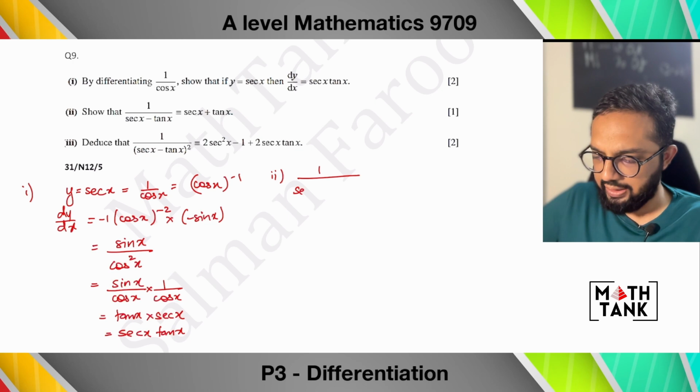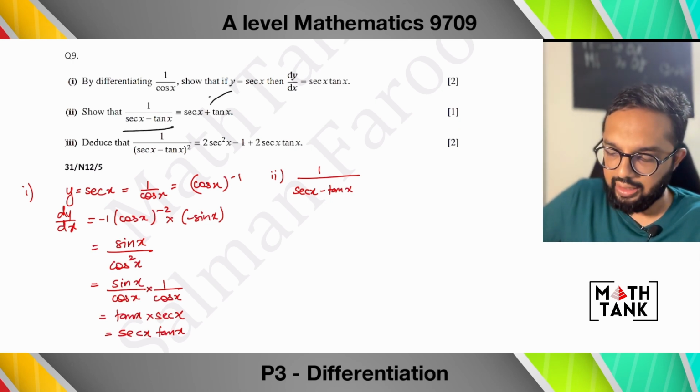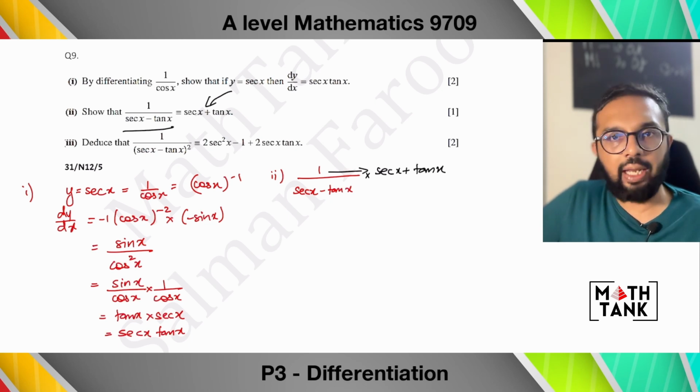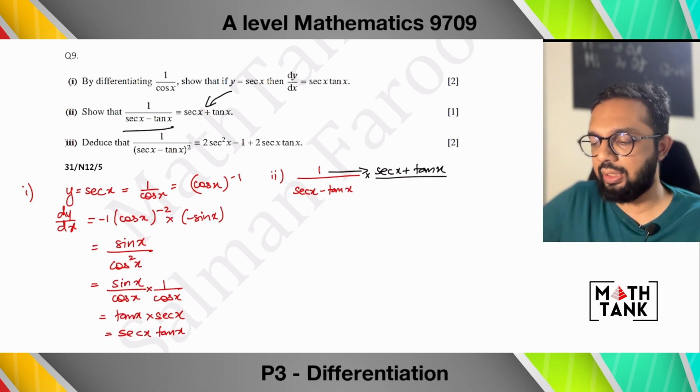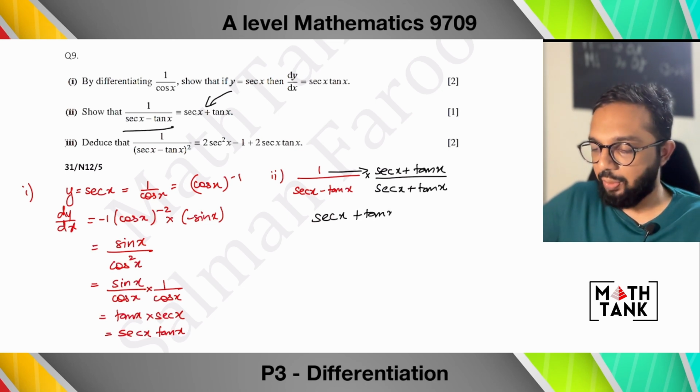Now the simplest idea that I can explain to you over here, and it's just a 1 mark question, is that what I need is to show that something in the denominator has come into the numerator with the changed sign. So if I need that in the numerator, why don't I multiply 1 with that expression in the numerator? But I can't simply do something in the numerator, it distorts the balance. So I also need to write the exact same expression in the denominator. That creates a balance, and I have my required numerator, but I don't have my required denominator. I need nothing in the denominator, and let's see what happens here.